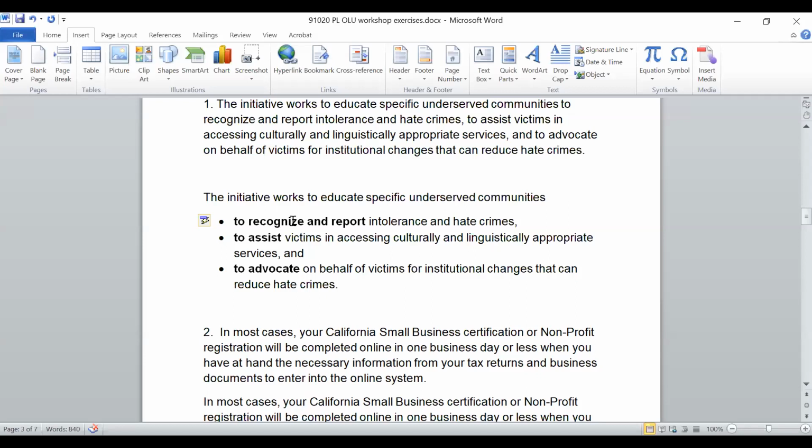I only bolded it to show the pattern, and you might look at the sentence up here, the initiative works to educate, and think, oh, we've missed one. But this is not one of those. I mean, it does have the same pattern, but these are the three things that they're educating. This is why you have to sort of read the whole thing and not just look for a pattern. Does it make sense? These are the three elements that make up the educating.